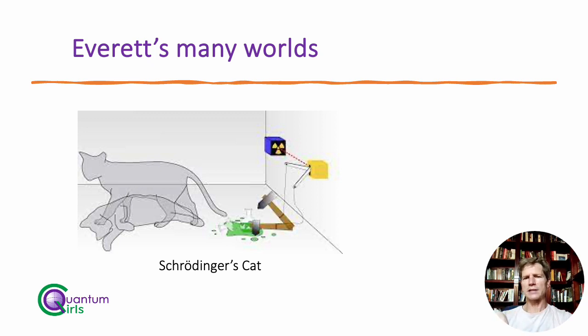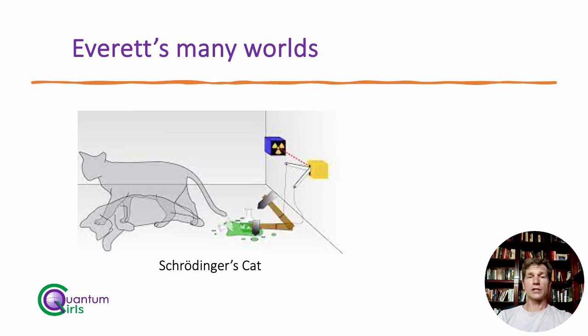The traditional Schrödinger's cat example is that there is a radioactive particle in the box on the right there. It has a 50% chance, say, of decaying in an hour. We leave this cat in there for an hour. If that particle decays, it drops a hammer. The hammer smashes a vial of poison, and the poor old cat dies. But if it doesn't decay, which it doesn't do with a 50% chance, then the hammer's still up, cat's fine. So in an hour's time, the question is, what's happened to the cat?